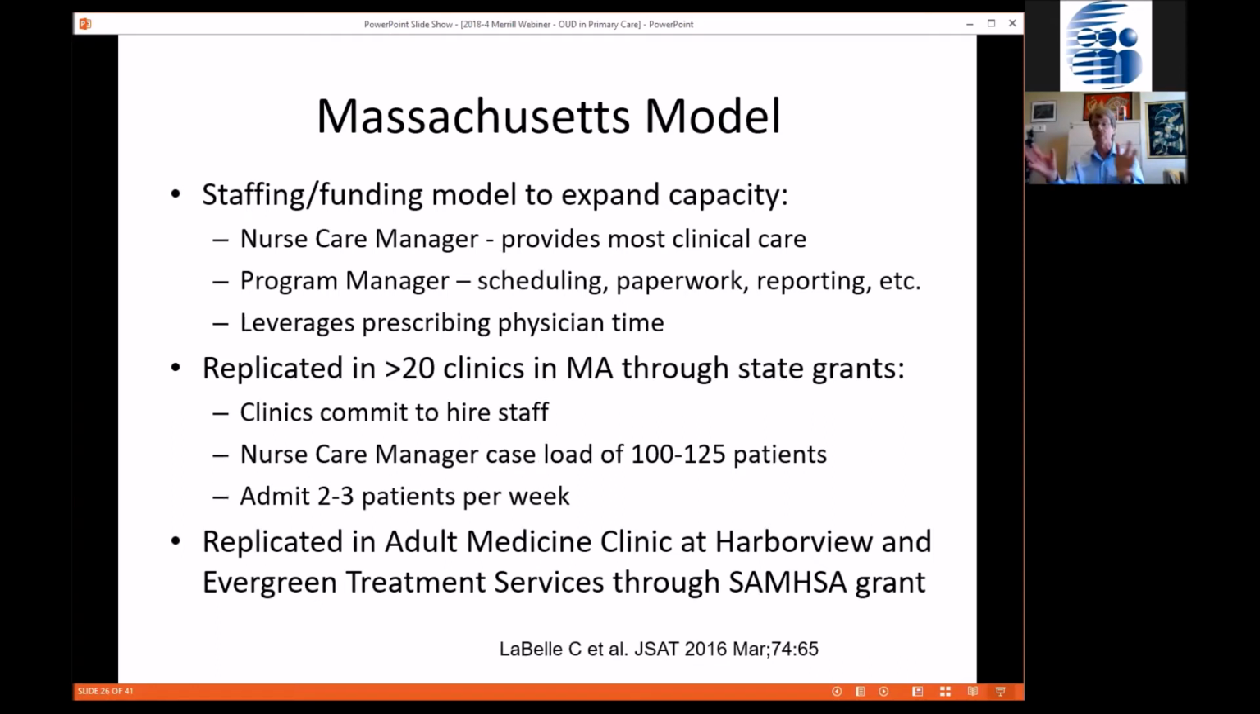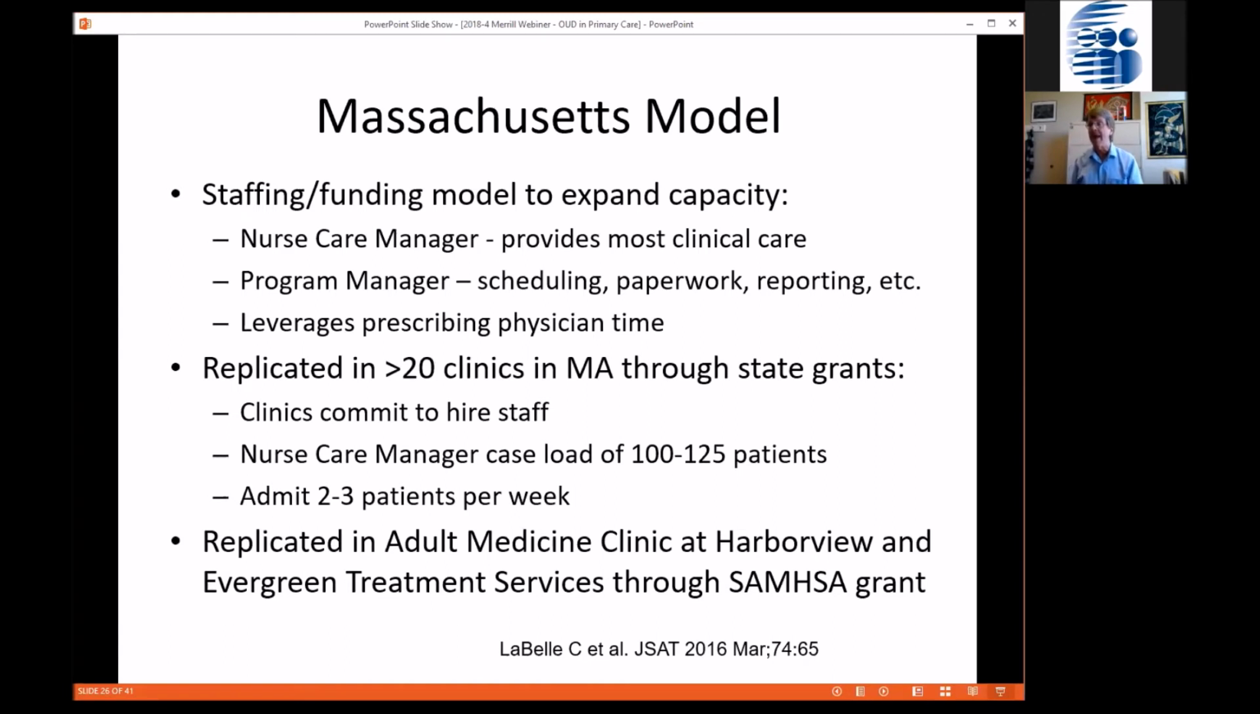So you can have multiple docs in a clinic prescribing, not to a lot of patients, but they really don't have to see patients weekly like you would in the beginning, and so they can see and prescribe to more patients. Massachusetts replicated this model through state grants. Each clinic had to commit to hiring staff and seeing patients. With a nurse care manager, you can treat 100 to 125 patients at any one time, admit two or three